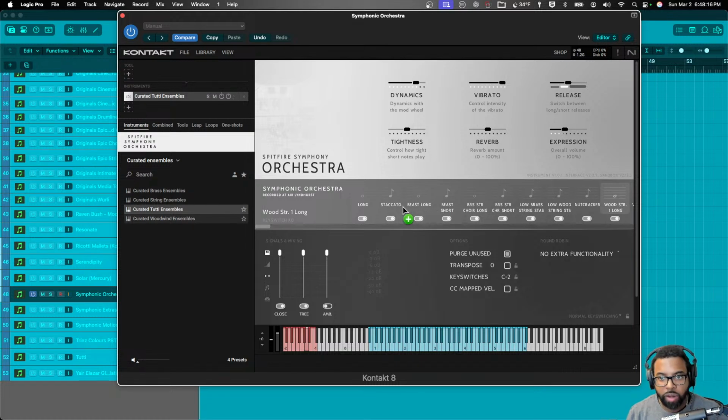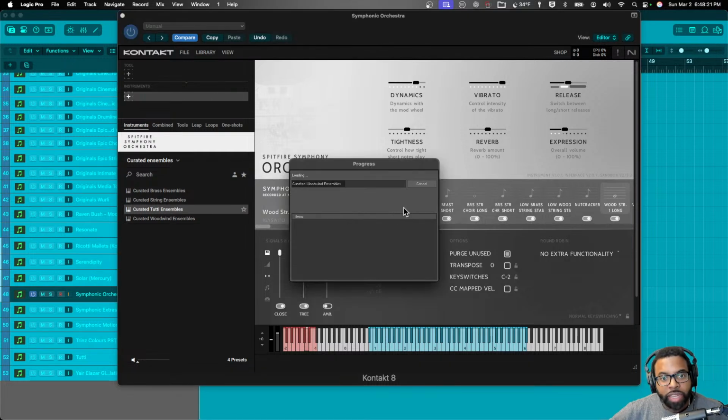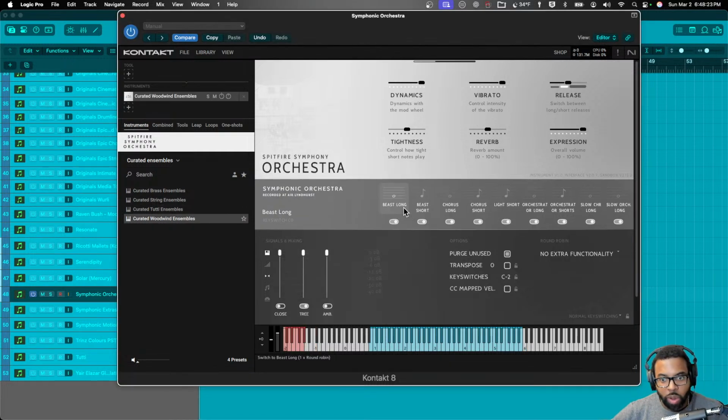Great sounds there. This choir thing is throwing me off. Woodwind ensembles. Again, this is just curated ensembles. Then I'll get to the new. I'm not going to play through all the sounds here, but